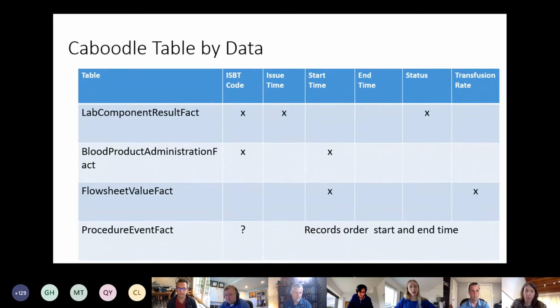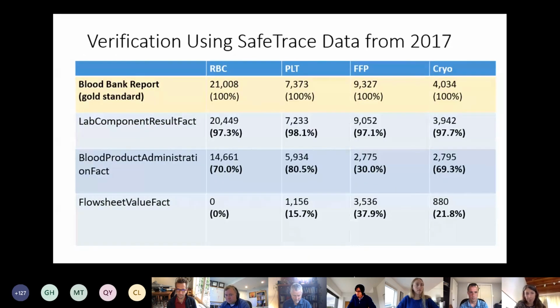The lab component result fact sheet had the code and had the issue time, and that information was coming from the lab. So it was very discrete and also coming from the blood bank. There was an integration there because we also had the statics. That was coming from, if people are familiar with EPIC, the Beaker tables. And then there were two other places where we found some information, but without the ISBT code, it really wasn't of much value to us. We had a lot of debates about whether to combine information from these two tables, or where the best place to get this information was.